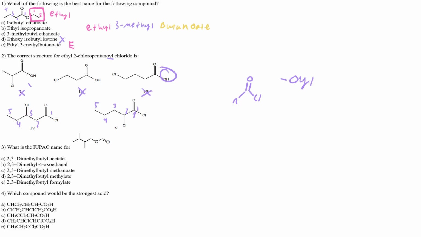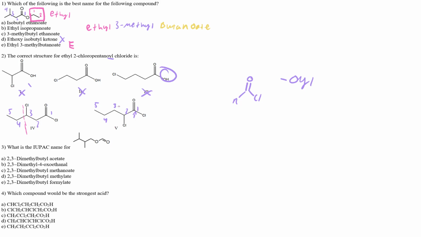Alright. Now notice where your chlorine is, okay? Your chlorine on number 4 is on the third carbon. Let's pretend that there's only the 3 carbons that exist, okay? So this would be methyl, this is ethyl, and the third one would be propyl, okay? Let's pretend. So this right here would be a propyl, okay? This is a propyl. Now on the second carbon we have, on the fifth answer choice, we have,